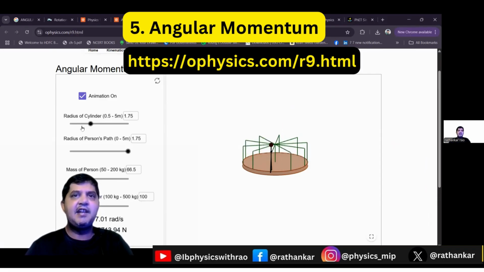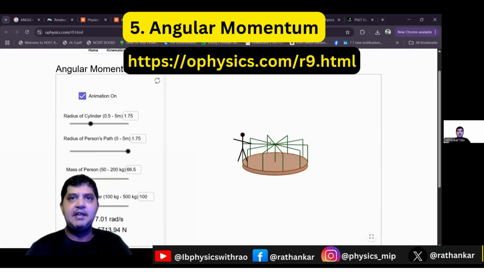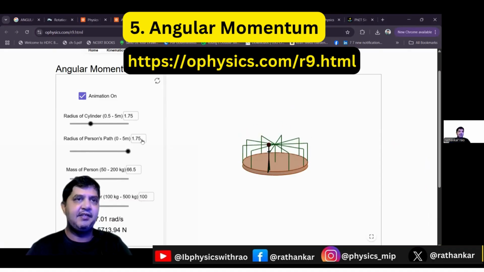So towards it, you see the radius of the cylinder is given over here. The radius of the person's path, where he is standing over here. See, he's standing at the periphery, at the edge, because you see the 1.75 meters and this 1.75 meters. Okay, so it's at the edge. Maybe if I increase the radius of the cylinder,